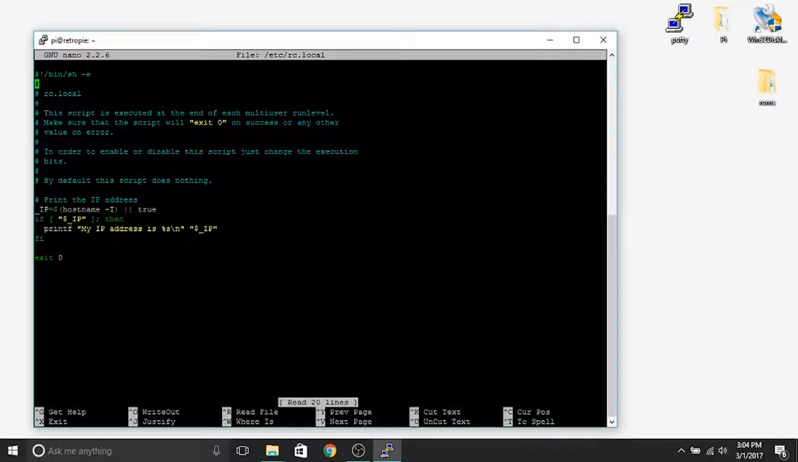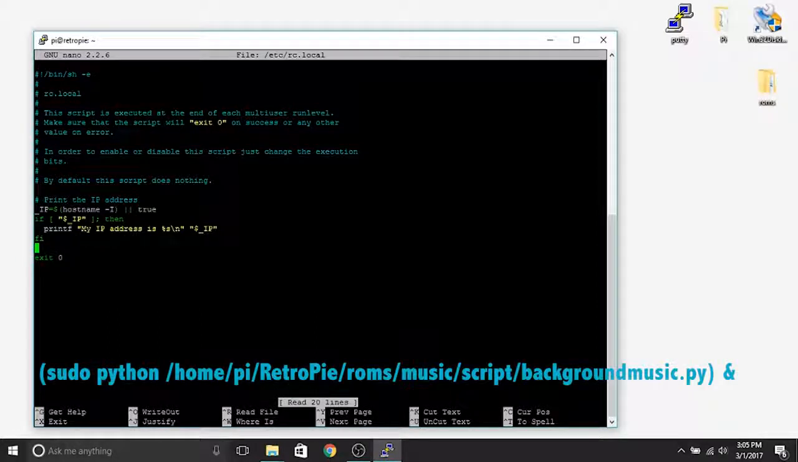We've got to use the arrows to scroll down there, and you can see that your cursor is the green highlighted cursor. So we're just going to go ahead right into the little space in between exit 0 and this fi, and we're going to type the following. So, open bracket, sudo space python space /home/pi/